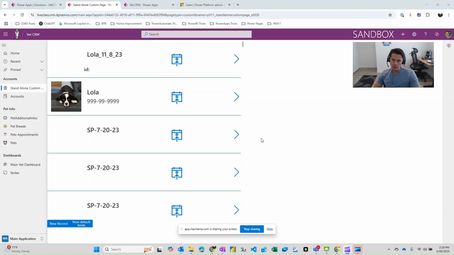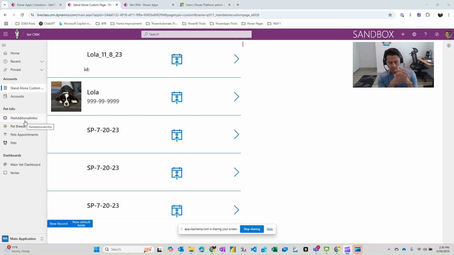In this video, I'm going to answer a question that I get a lot during my trainings or when working with customers. So we are within a model-driven app, and we have on the left-hand side, on the site map here, different tables. The question usually goes: is there any way to dynamically hide or show what tables show up on the left-hand side